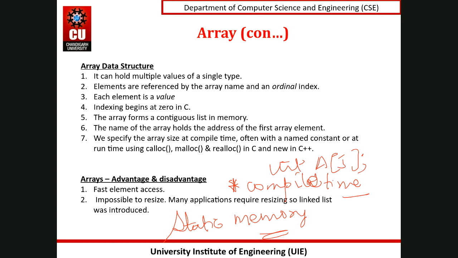Whereas in a linked list, your memory requirements are dynamic in nature. When you feel that you require more memory, you will acquire it. If you do not require the memory, you will give it back to the free pool. So that is what you mean by static memory and dynamic memory. And the main disadvantage for arrays, if you are asked in terms of memory allocation, is that they follow static memory. That's why they are not considered to be good.